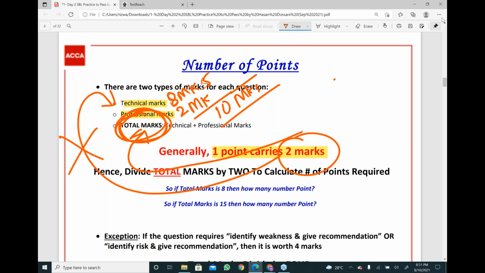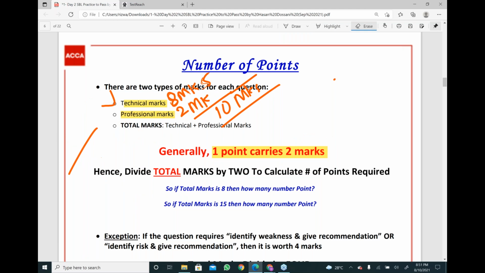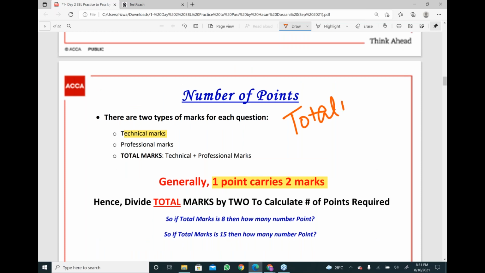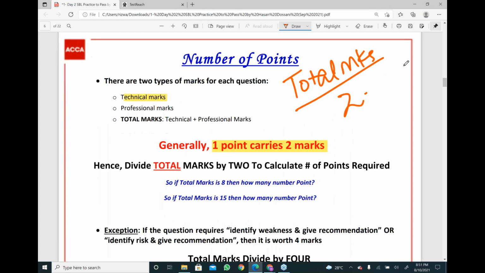So are we very clear? I will rub all this mess and just summarize that generally 1 point carries 2 marks. So how do we decide the number of points? Total marks divide by 2. Simple. Total marks, okay? Now, we divide by 2 because generally 1 point carries 2 marks. But sometimes